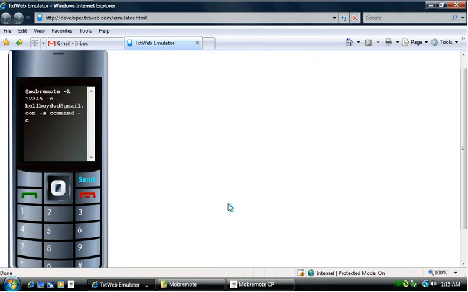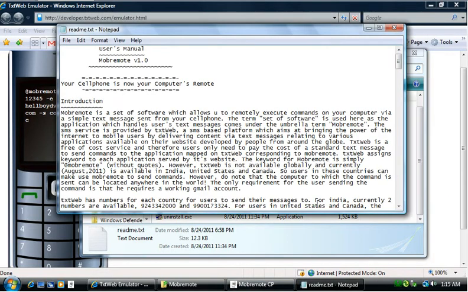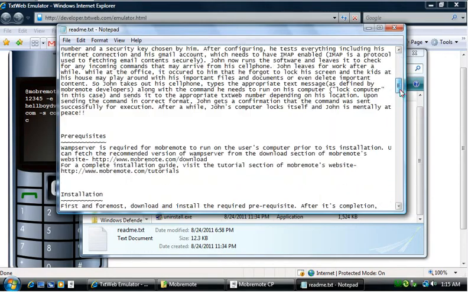We have a list of supported commands that mob remote currently supports in this version. To view them, just move to the program files mob remote directory and open the readme.txt file. This is a documentation, and you can see above it mentions users manual.